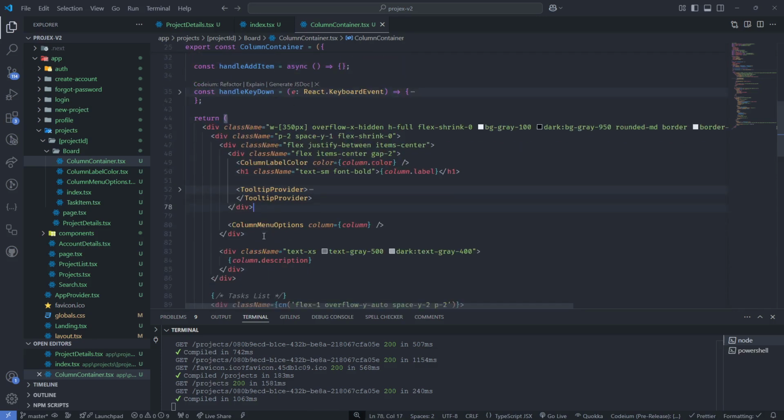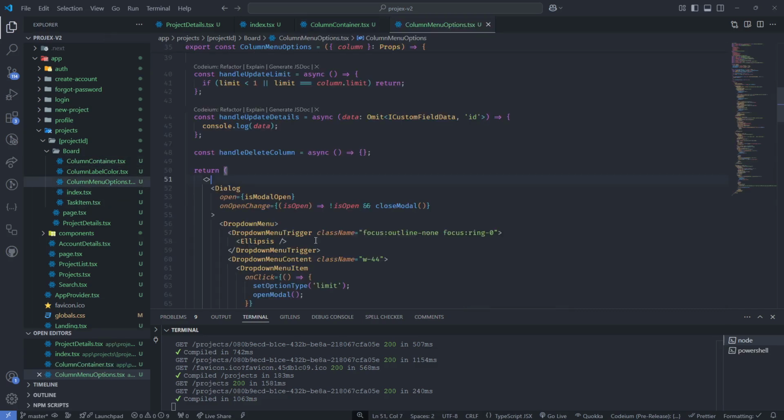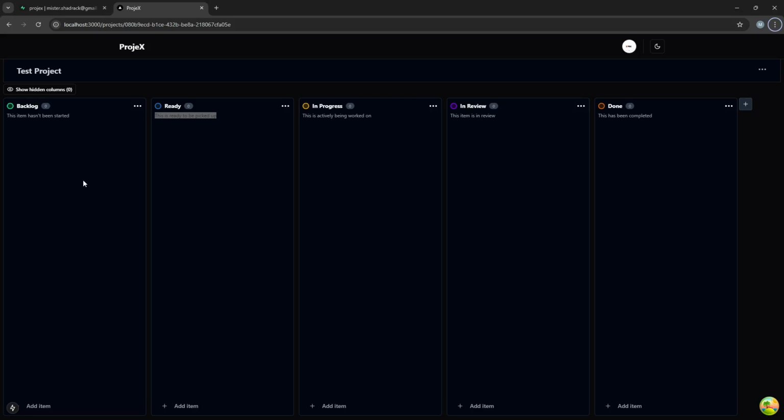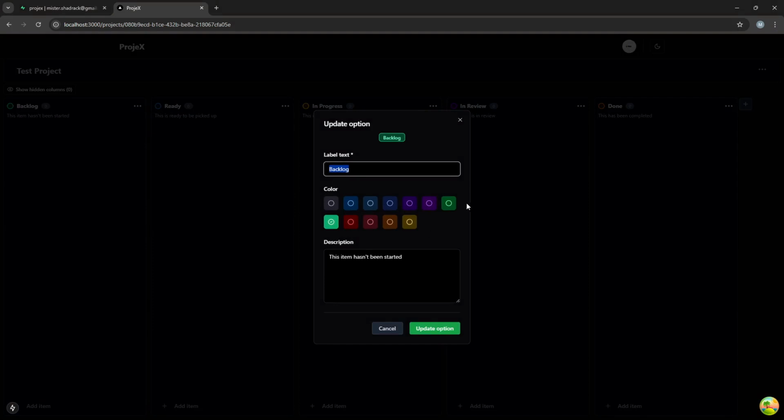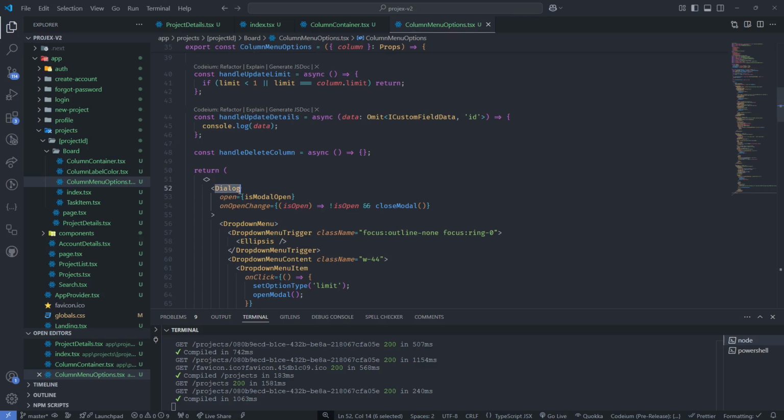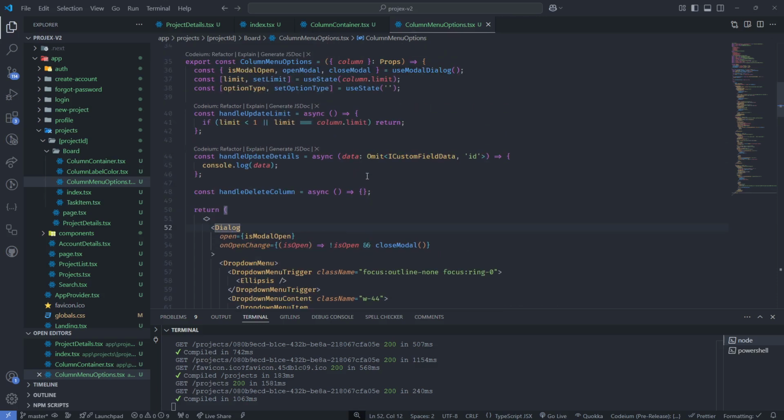So we should go into this component next, that is the column menu options. Right, so here we have a dialog. That's because we want to open the details page for the column details, so we wrap everything in a dialog as well. Right, so here we have edit details, and then you can see we open the form, this form again in a dialog. We are reusing this form a lot, so that's the reason why we have the dialog here. We already created this hook that we are using,